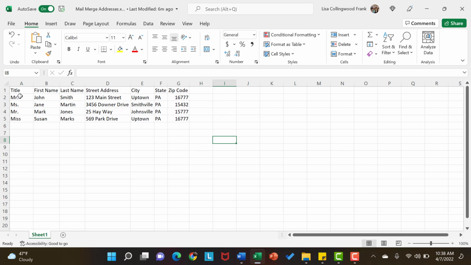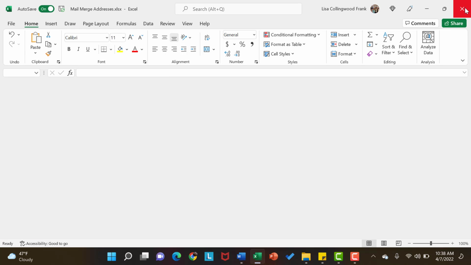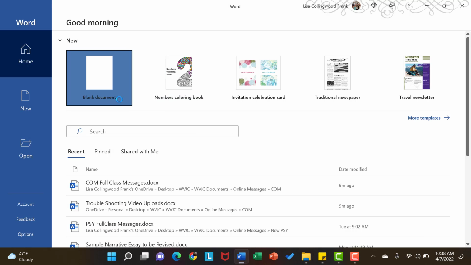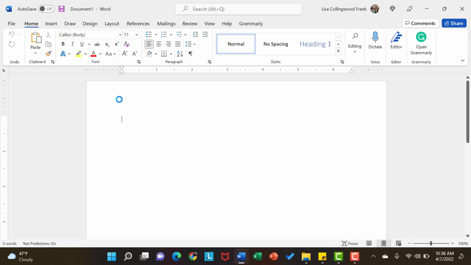And the other thing you need to make sure, it just makes it go more smoothly, is that you have these labels: title, first name, last name, street address, city, state, and zip code. Although those are not required, they do help. So you want to make sure that your workbook is formatted very similar to mine, and then you can save it and close it. And then you want to go into Microsoft Word, open a blank document, and once you are here,